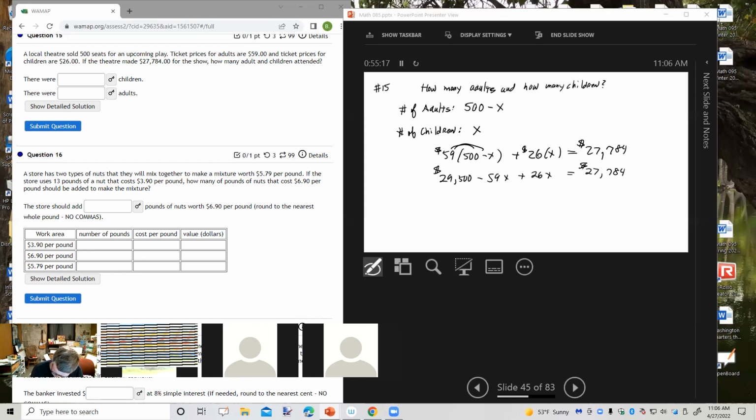Everything here is dollars. We'll put the units on at the end. Combining like terms, 29,500 minus, if I have 26 minus 59, so that's minus 33x equals